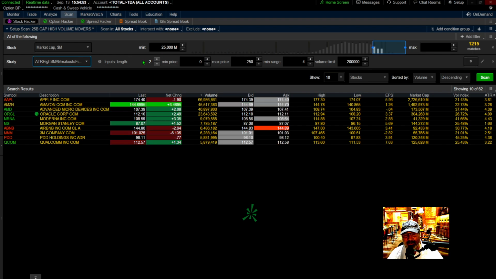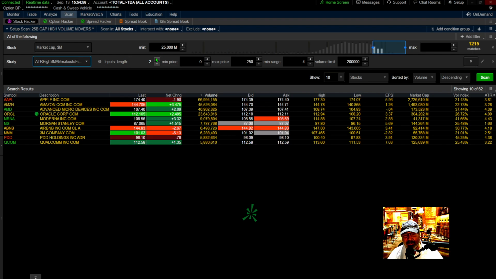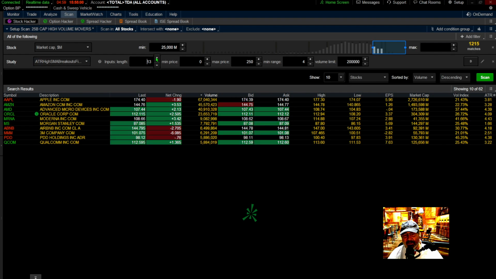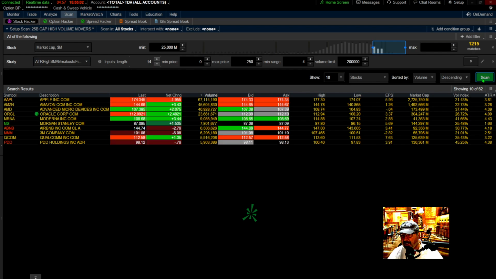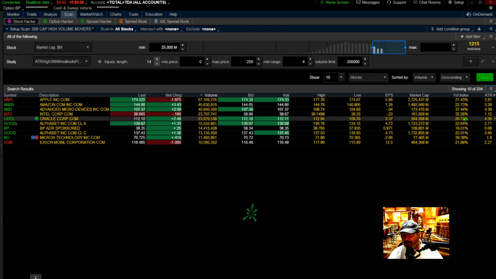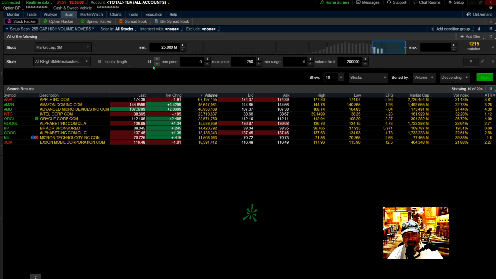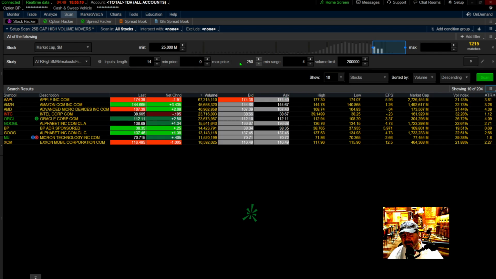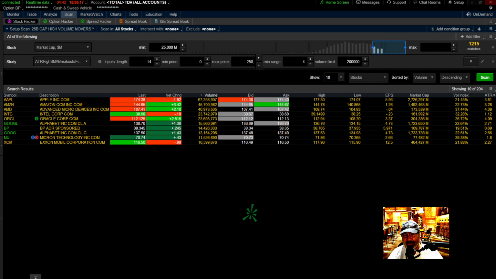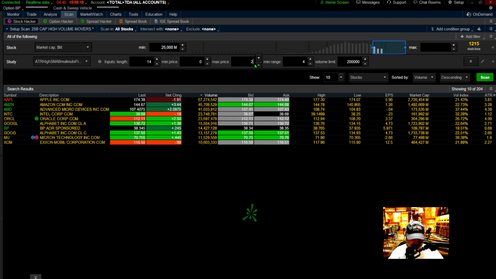2-day back. Now, you could do this on the scanner too. The ATRs are on 14. You could do this for 14 and rescan, and you're probably going to get very, very similar numbers. So some people want to do that. And then your maximum price range, 250. Because of that, it doesn't have NVIDIA and stuff. So if you put 500 in here,